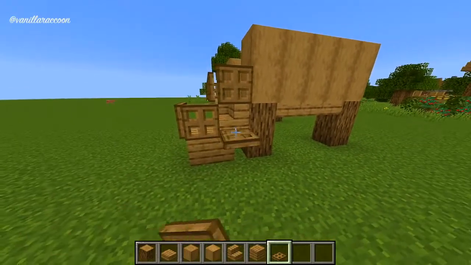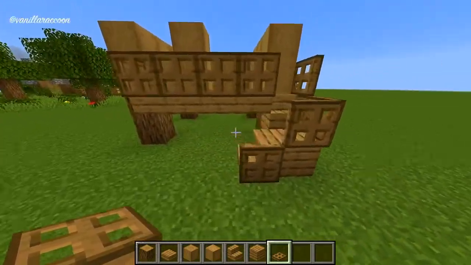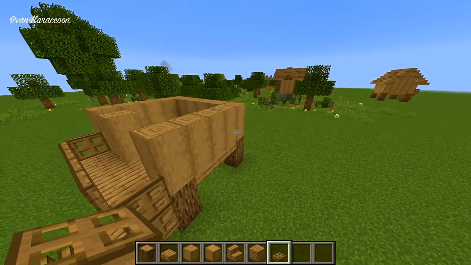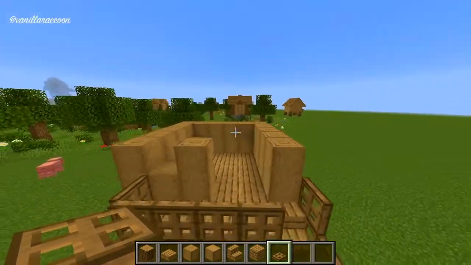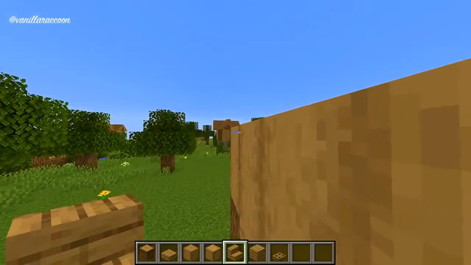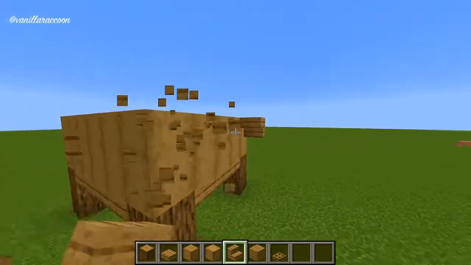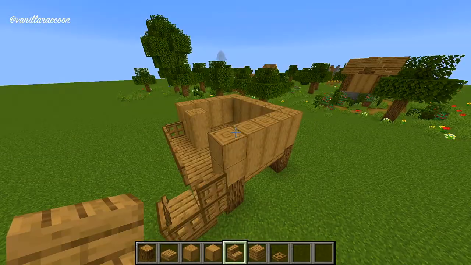If you don't want to, then you don't have to, but it adds a little bit of detail in my own opinion at least. And so now let's go ahead and begin to work on the roof. So the first thing that we're going to do is take our oak stair and place it upside down just like this, and then we're gonna go wait, hang on a second, apologies for that quick little